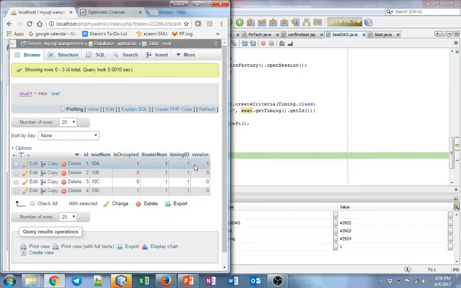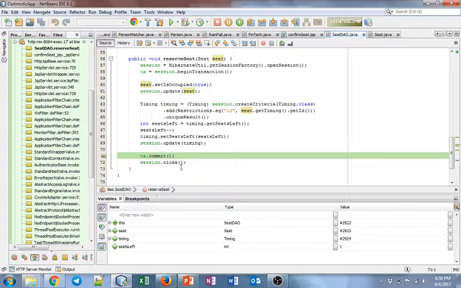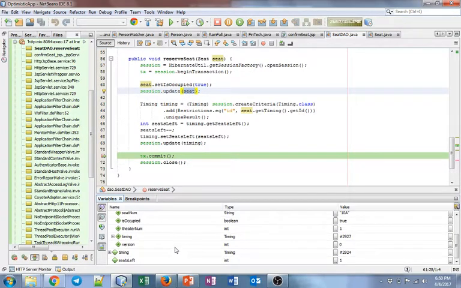Taking note that the version in the database is currently 1 for this particular seat number 10A, we look at the current code itself, and we take a look at this seat variable that is trying to save, to update over here. We take a closer look and realize that the version is still stuck at 0, which is the initial version of the seat that Mock had read in the seat selection page,